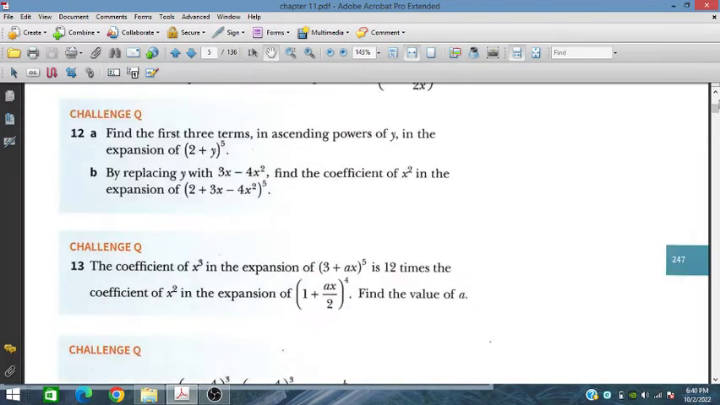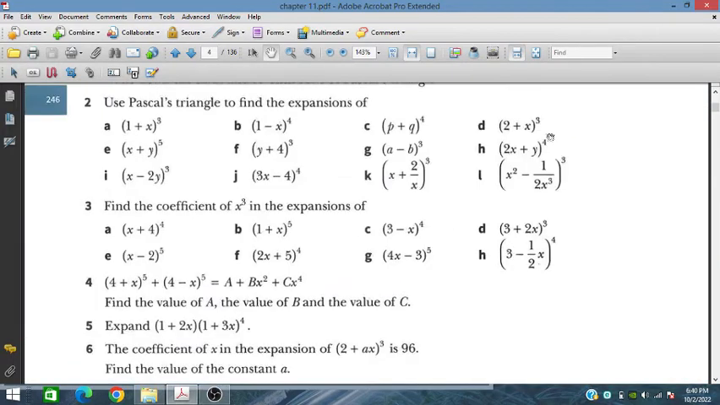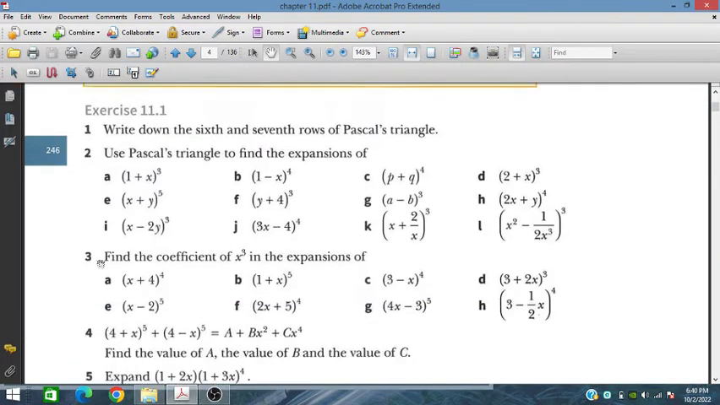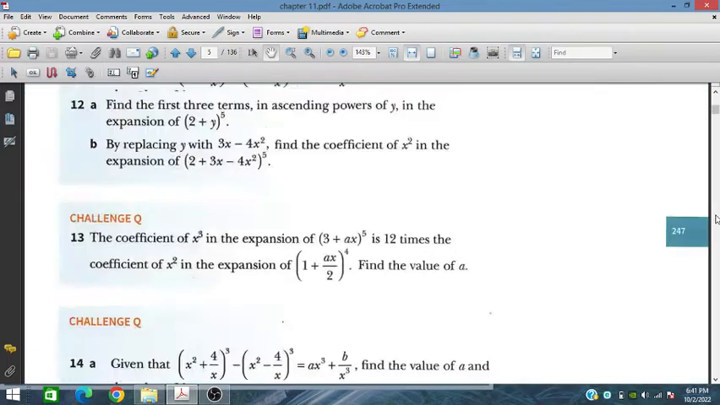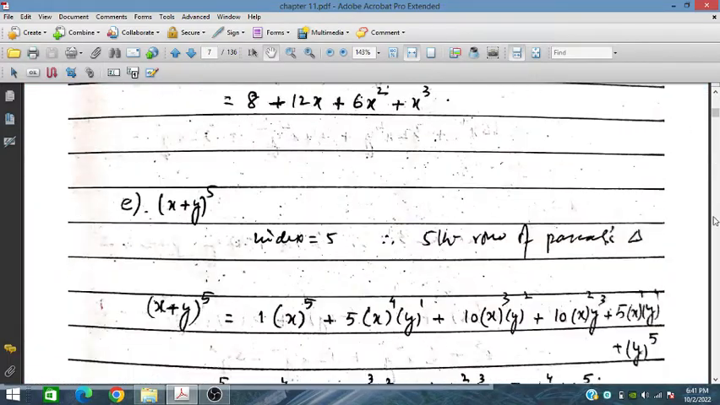For problem number 3 we have to expand and find the coefficient of x3. The x3 coefficient means we will find the coefficient of x3 for all these terms. So for x3,